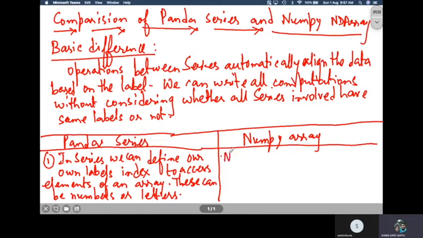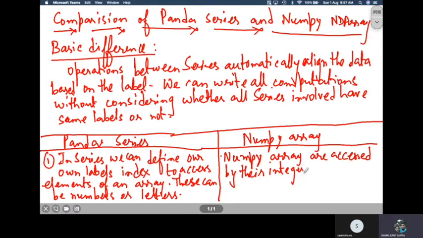Whereas in a NumPy array, we always access the elements index-wise, right? So NumPy arrays are accessed by their integer index position only, starting from 0, using numbers only.